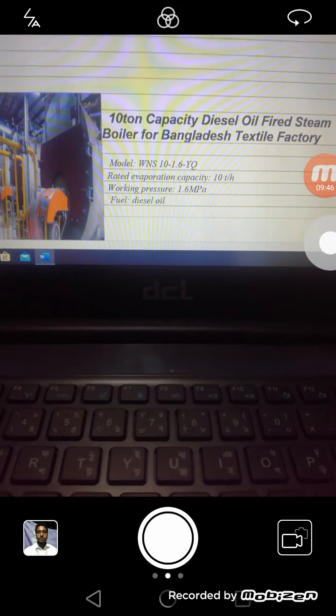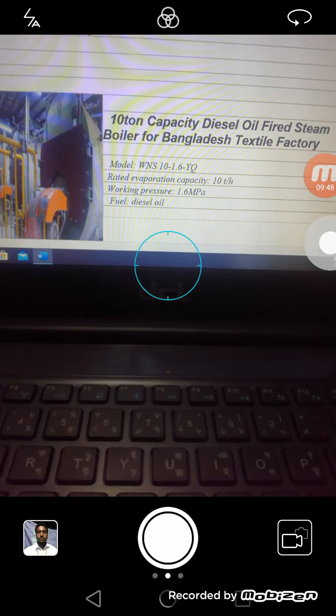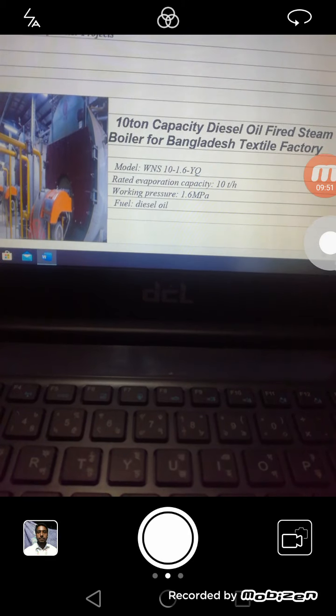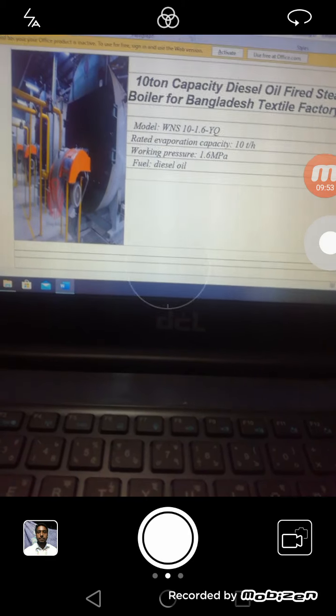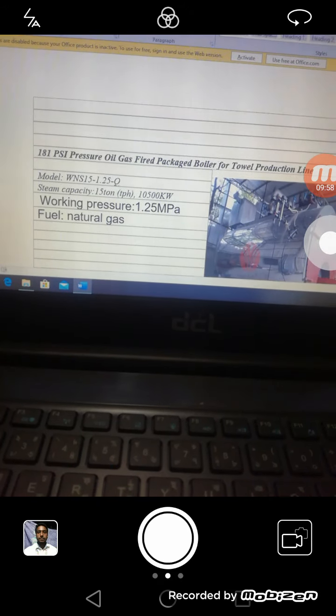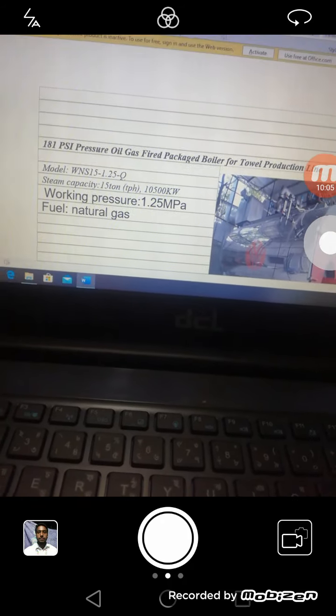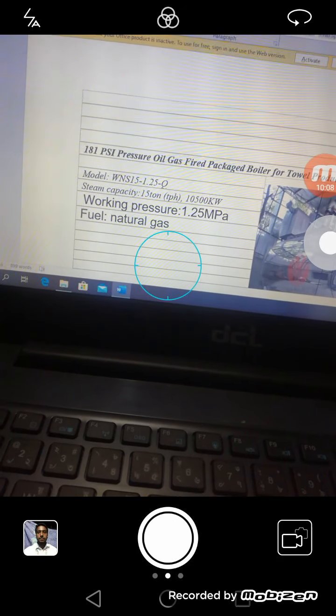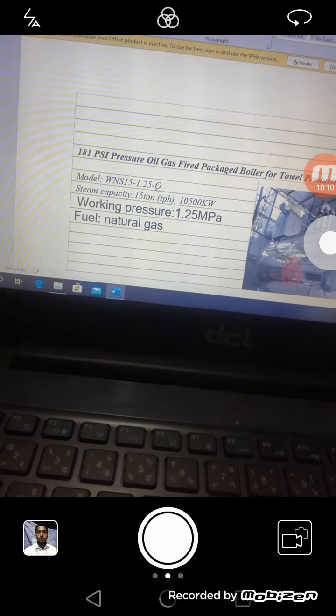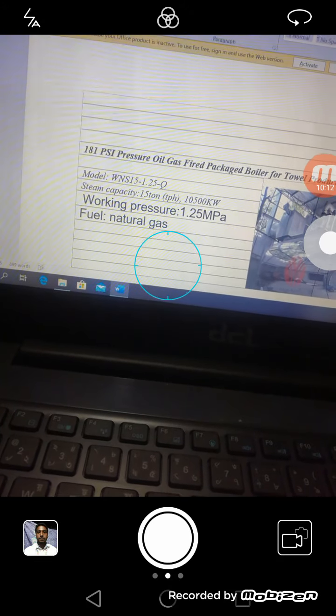Here is the model WNS 10-1.6-YQ, rated evaporation capacity 10 tons per hour and working pressure 1.5 megapascal, and the fuel is diesel oil. 181 psi pressure oil gas fired packaged boiler for 12 production lines, model WNS 15-1.25-Q, steam capacity 15 ton and